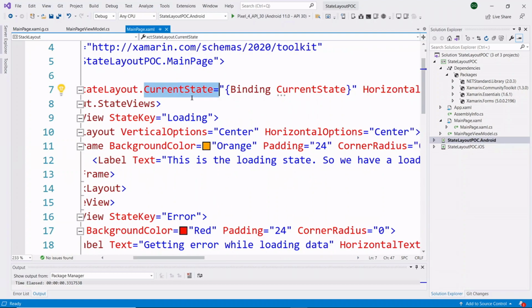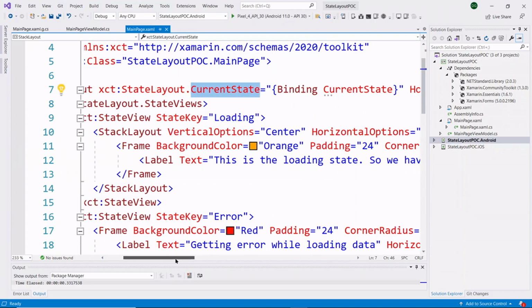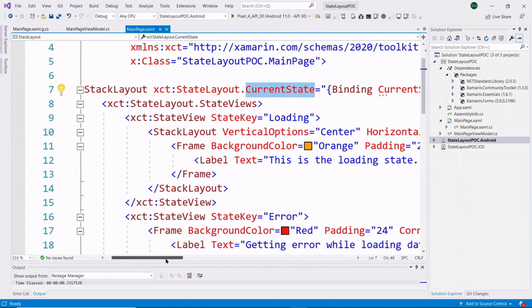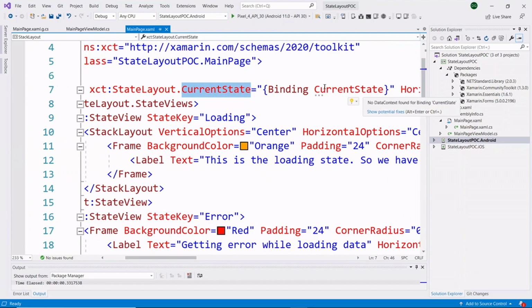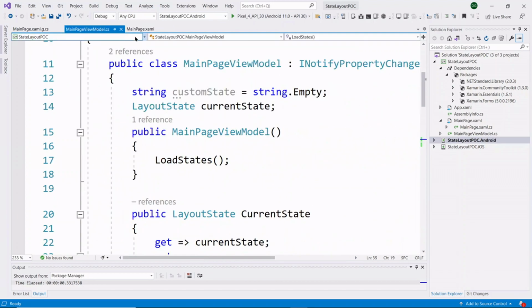So with the help of this current state property, we are able to set a specific state from the view model. With the help of this current state, the stack layout will display a specific view based on the specific state.